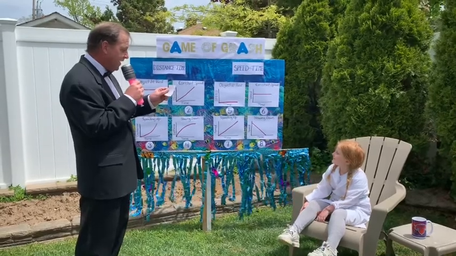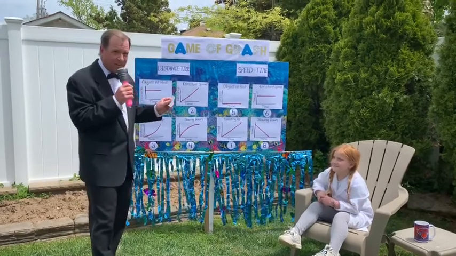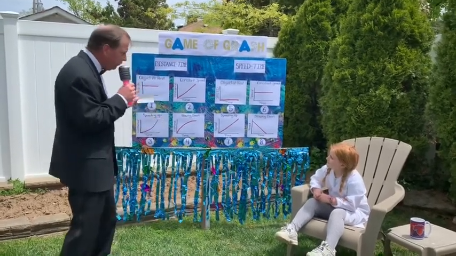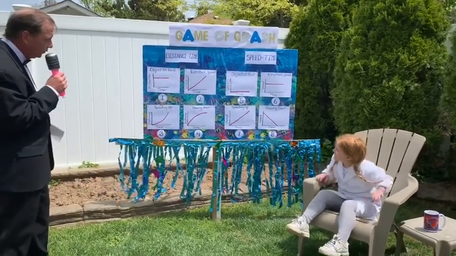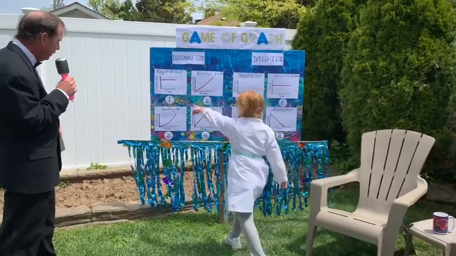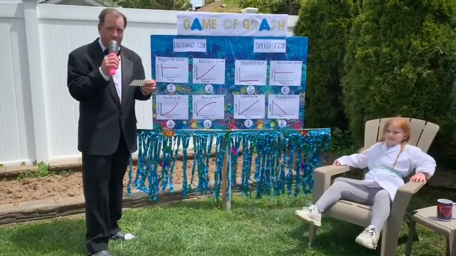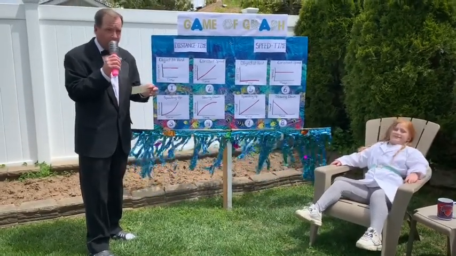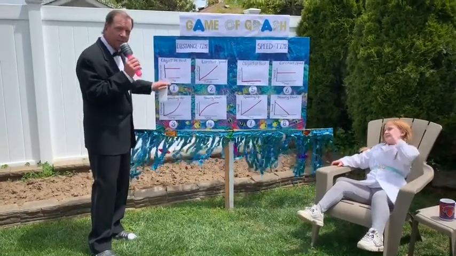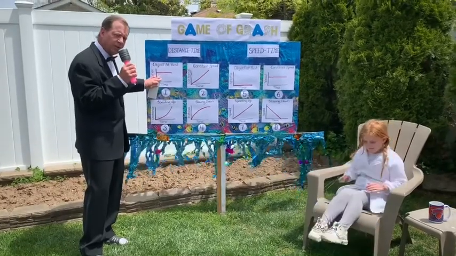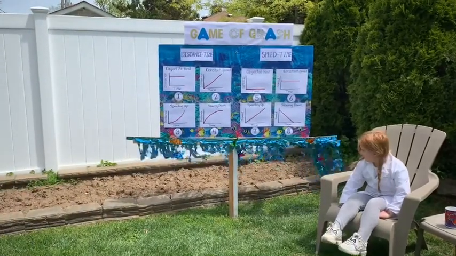You drive 90 miles in 1.5 hours. Then you stop at the rest area. Which graph do you think that matches? Number 1. You are correct, because when you stop at a rest area, you are not moving. So this represents an object not moving because your distance doesn't change as the time goes on.